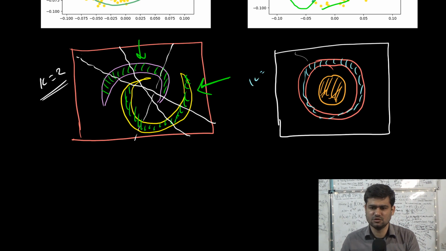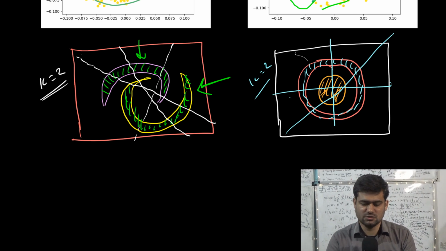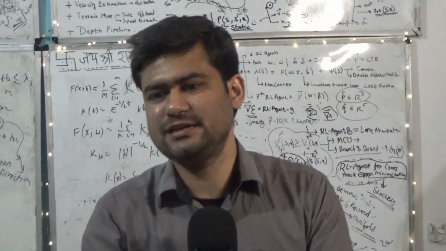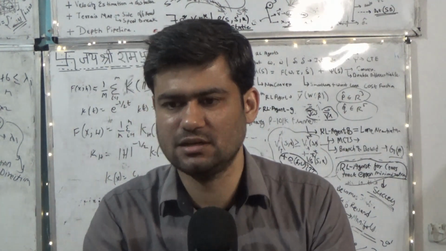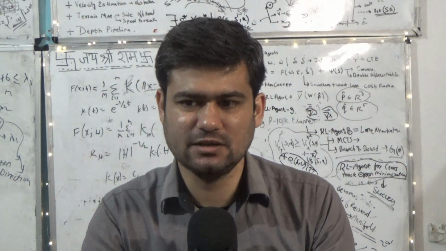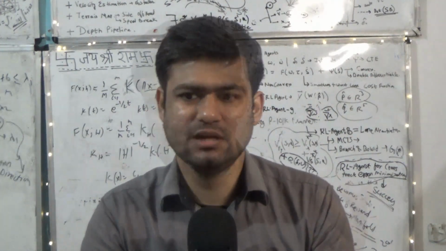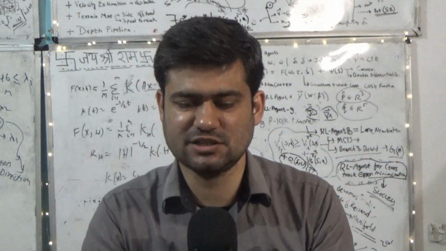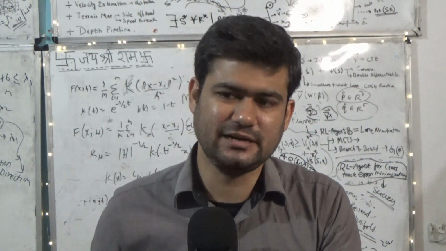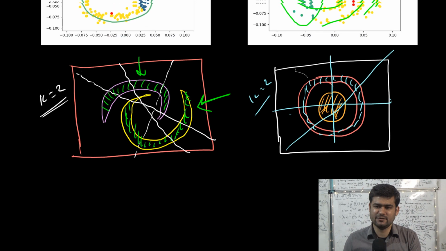So if we select k equal to 2 for this data set, we may get a partitioning like this, or something like this, or maybe something like this. Since the data set is divided into concentric circles, they cannot be separated by two different spherical clusters. They do not have this hyperspherical shape. So the k-means algorithm is not able to capture the semantics of the data well, and it gives very poor